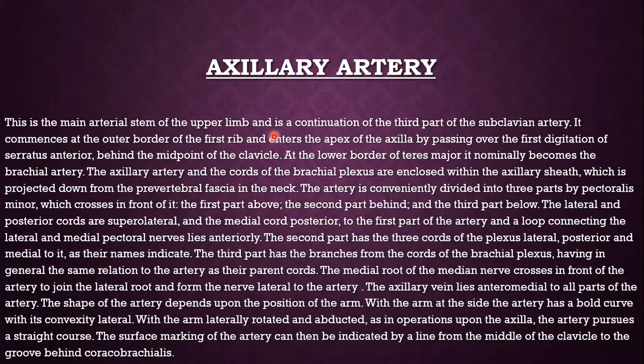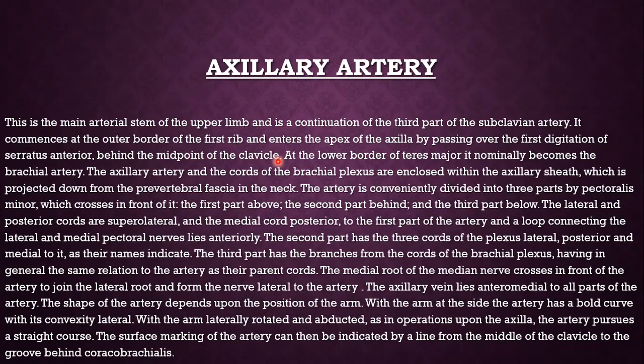It commences at the outer border of the first rib, enters the apex of the axilla by passing over the first digitation of serratus anterior behind the midpoint of the clavicle. So it usually enters the axilla behind the midpoint of the clavicle by passing over the first digitation of serratus anterior. So when the subclavian artery just crosses the outer border of the first rib, it changes its name to